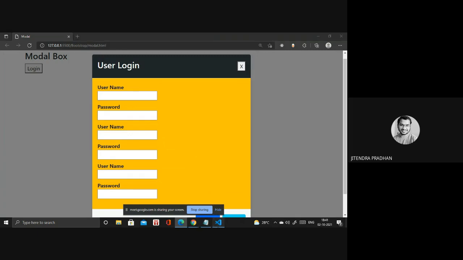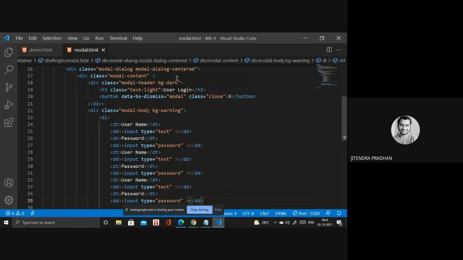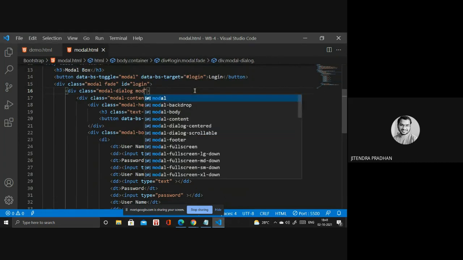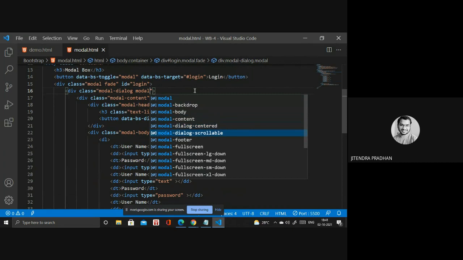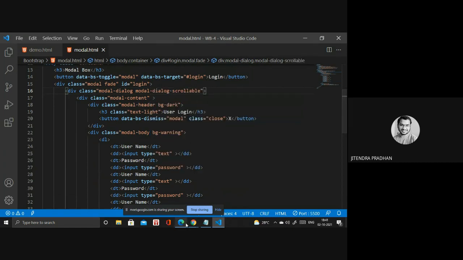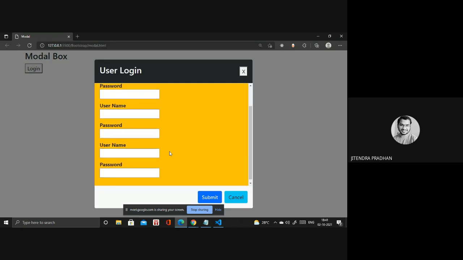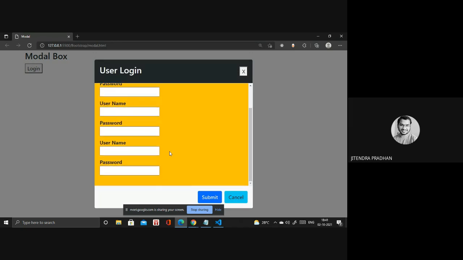So at the time, I need modal-dialog-scrollable. I'll change it to modal-dialog-scrollable. Okay, let's see that one. Have you seen that one? We have many content, but not the whole page. It will only scroll that form.